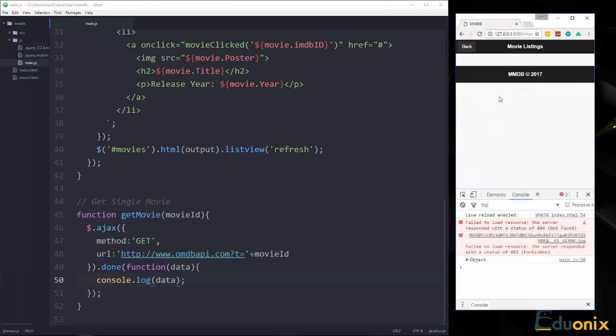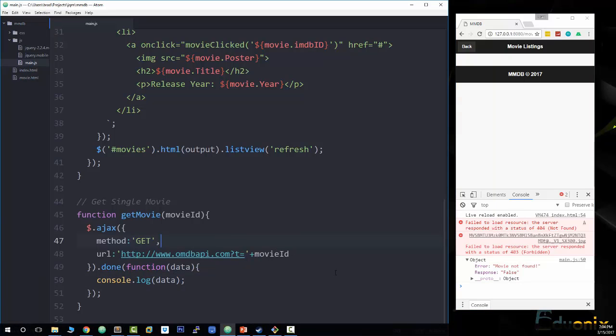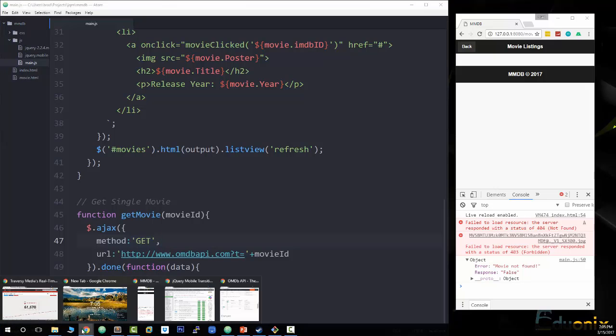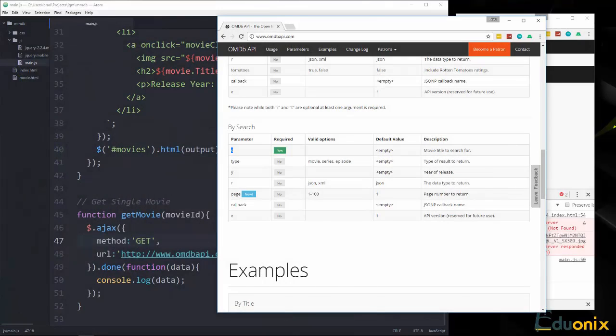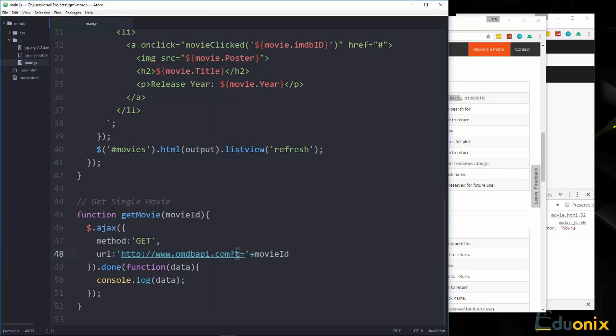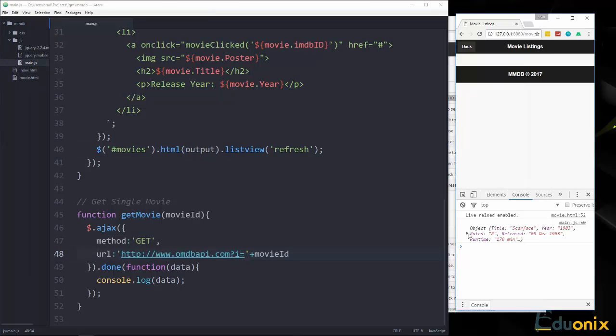And now if we look in the console, we have an object, movie not found. Okay. Let's see, did I do that right? Movie ID. Let's take a look at the API doc. Alright, so here's the issue. We use T, which is the movie title, but it should be I because we're looking up the ID. So let's just change that T to an I, and then we'll save that, and now you can see we're